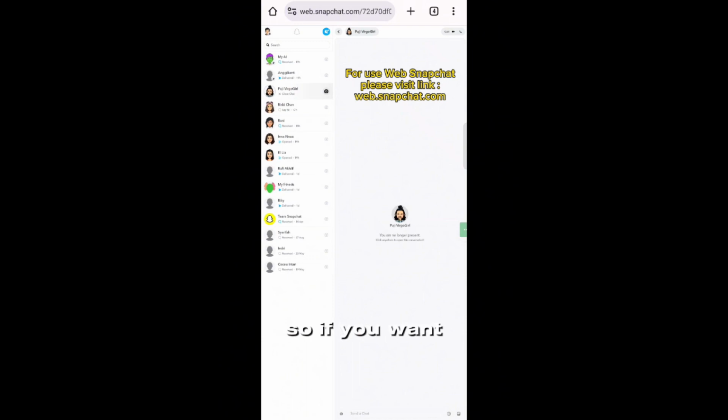So if you want to use web Snapchat, the link is websnapchat.com. This time I'm using my phone to log in on web Snapchat, but I recommend you use your laptop or computer for the best experience. Okay, so this is the way how you can access